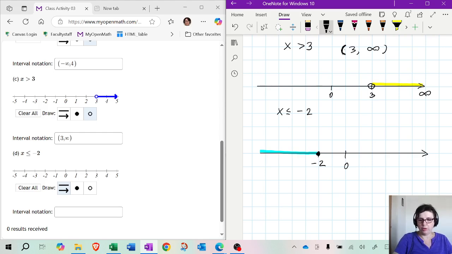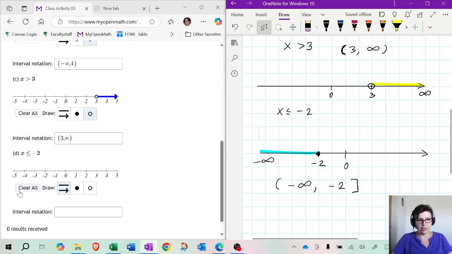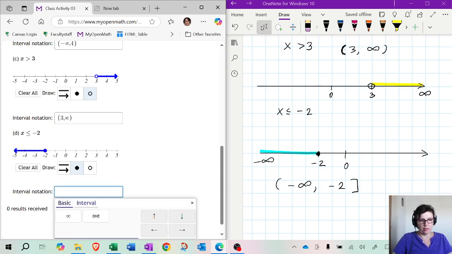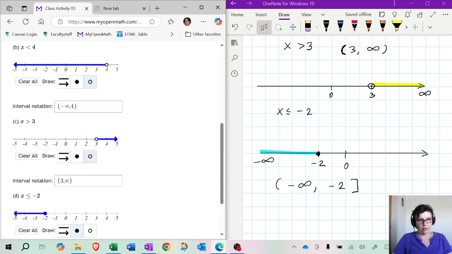Now in interval notation, again, remember this is negative infinity on the left. So this would be negative infinity to -2. And -2 is included because that was less than or equal to. So let's see if we can graph that. Start at -2 and do that, and then we want to use the solid dot, place it here, and then if you go to interval, you would just select this option, negative infinity to -2, and now I think I am all done.